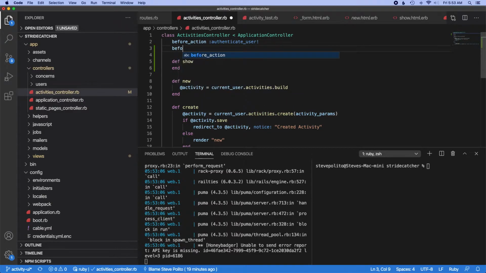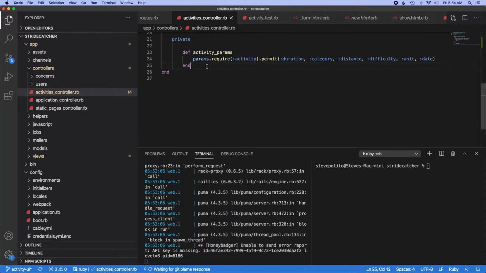And I know it's Rails convention to do before action set activity, because we're going to do this in a few places. Make this a private method. And then we can do activity equals params, I think ID, right? And actually, I can probably show you how this even works. So not params ID, but activity dot find, and let me show you how this works, because this stuff can always be a little